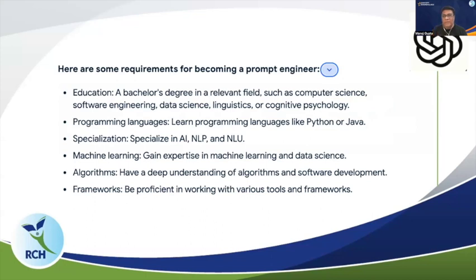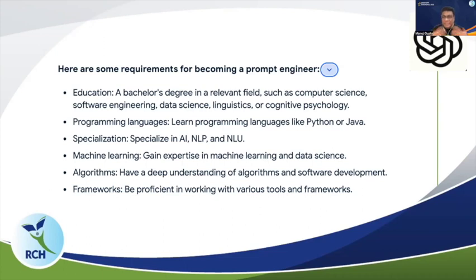इसमें बहुत ही massive hike है, lot of demands है, but it needs certain input criteria. आपका एजुकेशन बैचलर डिग्री होना चाहिए, ओके, और अगर आप डेटा साइंस और कंप्यूटर साइंस और कॉग्निटिव बैकग्राउंड से आ रहे हैं, that is very good. आपको इसमें लैंग्वेज समझना इंपॉर्टेंट हो जाता है, पाइथन और जावा, it is important to build these models. Then you need to understand more into AI, artificial intelligence, NLP, and natural language understanding, NLU and all. मशीन लर्निंग के एल्गोरिथम को समझना इंपॉर्टेंट हो जाता है, like what is supervised learning, what is unsupervised learning and all. Then algorithms, say deep learning and all, that is important, and a few of the frameworks. So these are the minimum requirements for you to build your career as a prompt engineer.